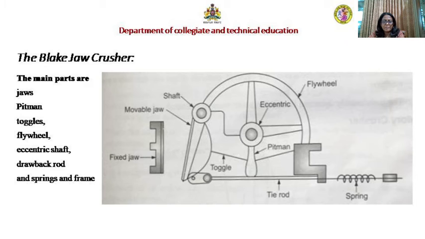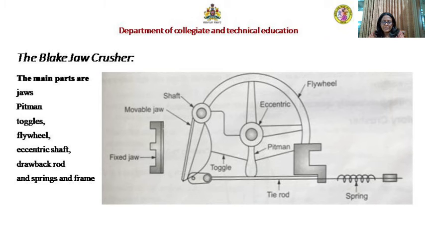So I'll repeat, the important parts are: one is a fixed jaw, the other one is a movable jaw or a reciprocating jaw. During the operation, the jaw moves back and forth to apply compression on the feed to reduce its size. The movable jaw is pivoted at the top so that its movement is maximum at the bottom. Since the movement at the bottom is more, the choking tendency of this type of jaw crusher is less.